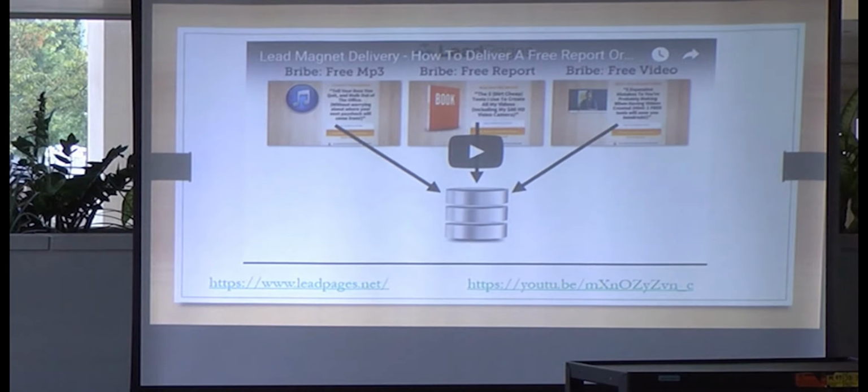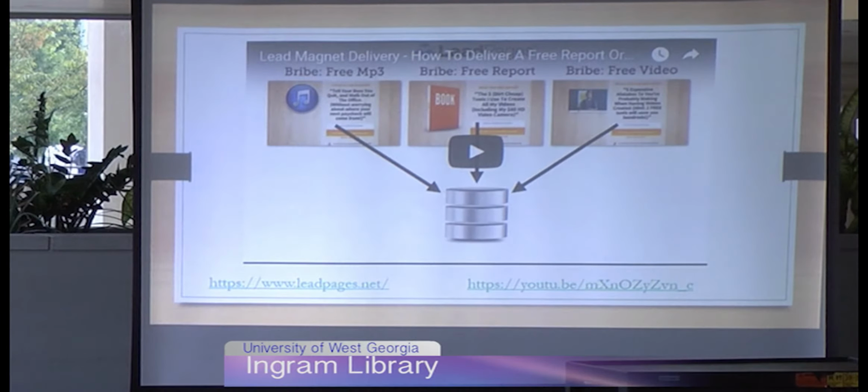This is an example of a company that allows you to create those little opt-in boxes that you might see on a website, or that might pop up when you go to a website, or you go to some other type of social media site, and there's an opportunity for you to enter your contact information. Lead Pages and other companies provide that kind of do-it-yourself resource.